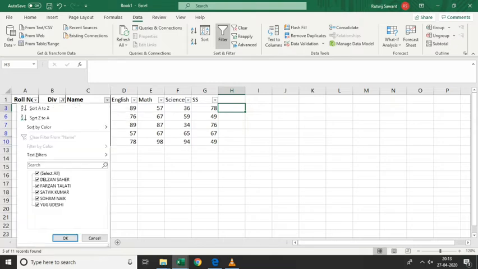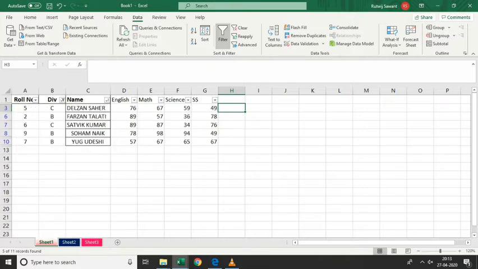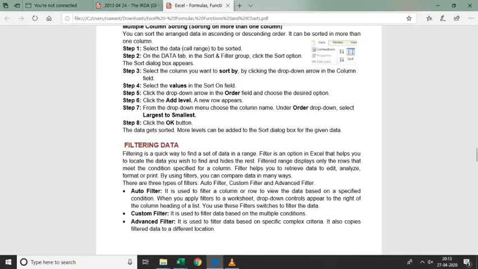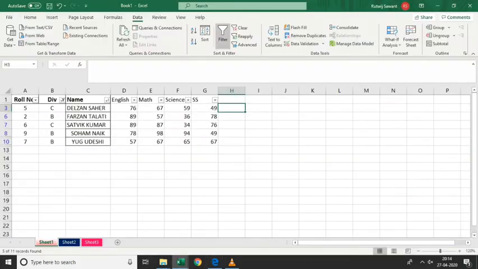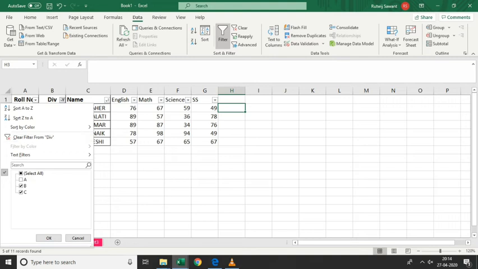Now there are three types of filter. One is an auto filter, second one is a custom filter, and the third one is an advanced filter. So the one which you have just now seen, going to that particular column, deselecting the data that you want and clicking on OK, that is called an auto filter. Basically, whatever data is coming, go to that particular row or column, apply the filter and you will get the result. Okay.